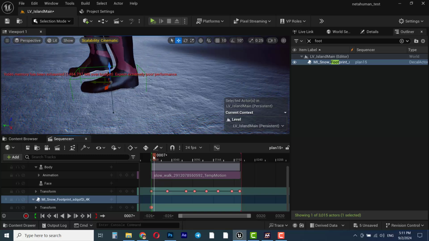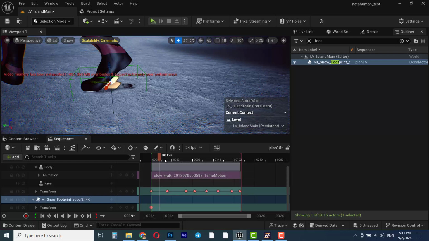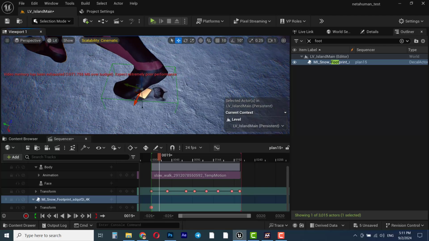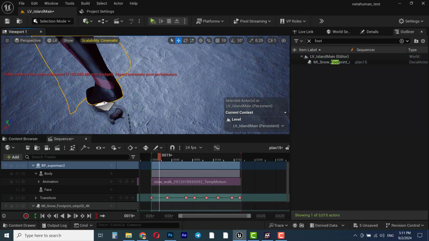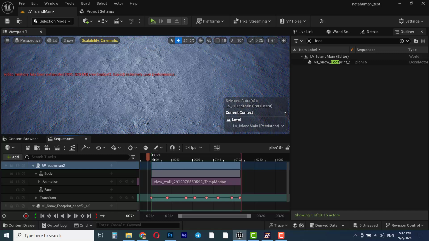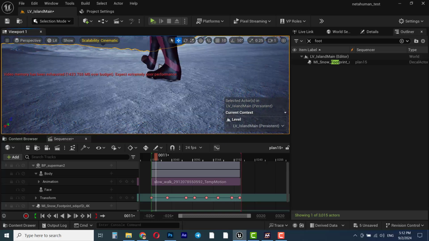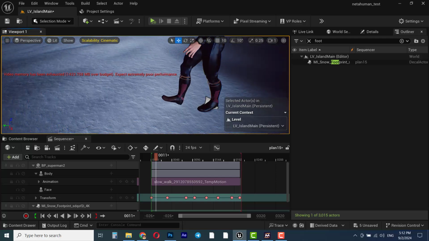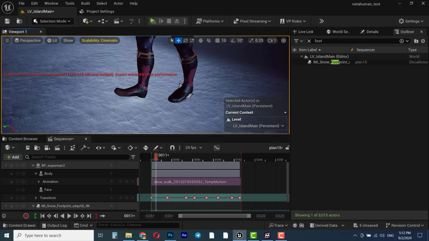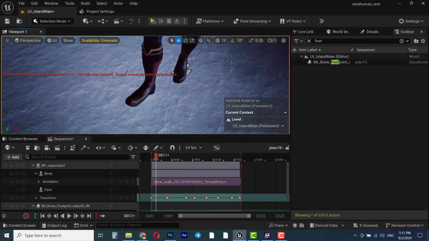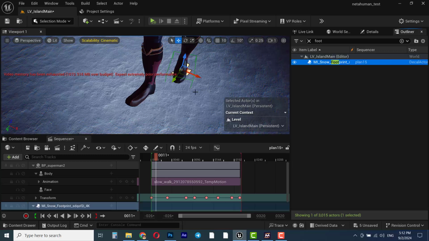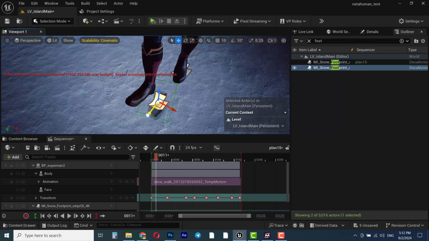You see, when it moves the foot, you see the decal on the ground. If I press G, you don't see this decal. So in the same way, we can copy this decal and place it in the right place and animate it in the transform section. So I will select this one, hold Alt and bring it down to duplicate this footprint,